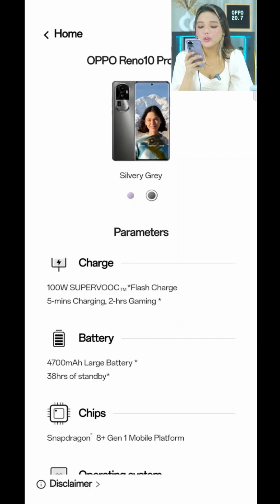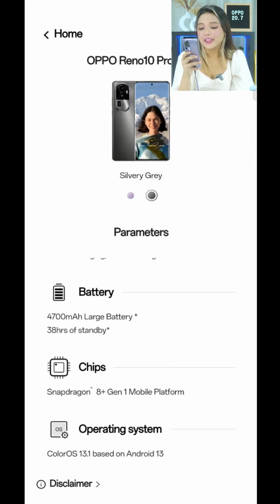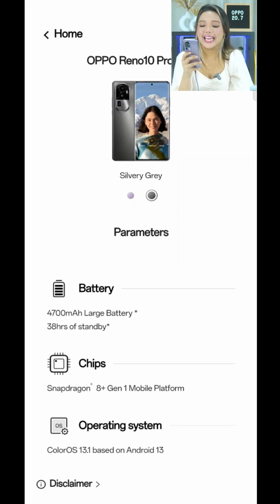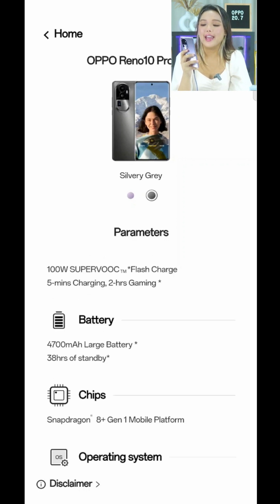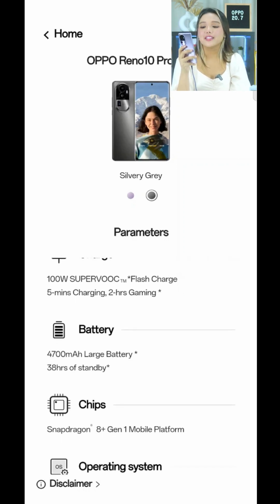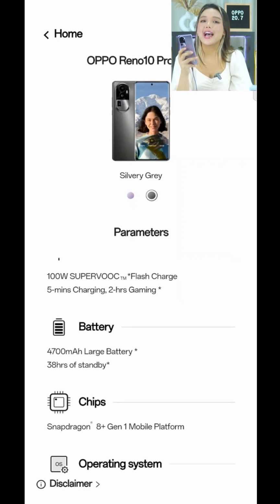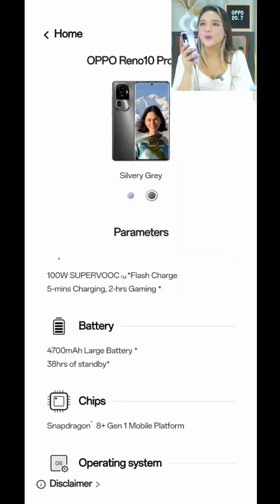And also the battery life of this is okay. It's a large 4700 mAh battery, and the supercharger can charge this in 5 minutes, and you get like 38 hours of standby if you don't really use your phone